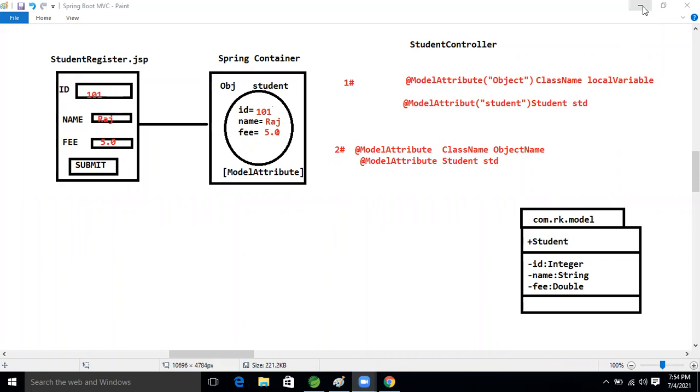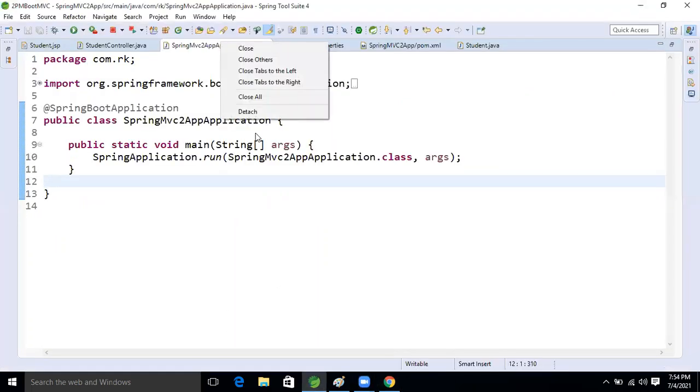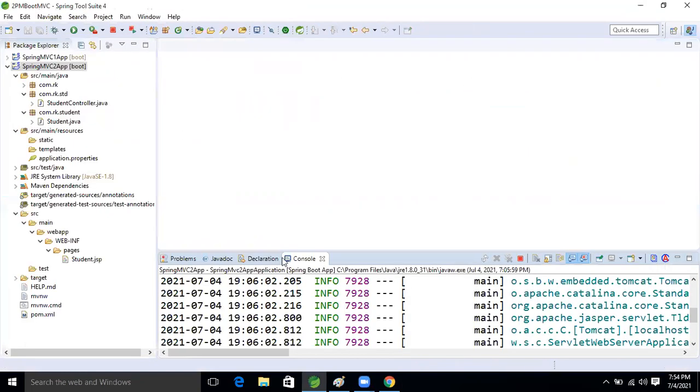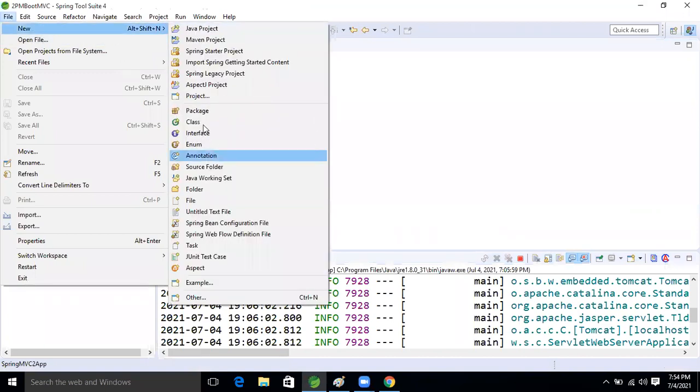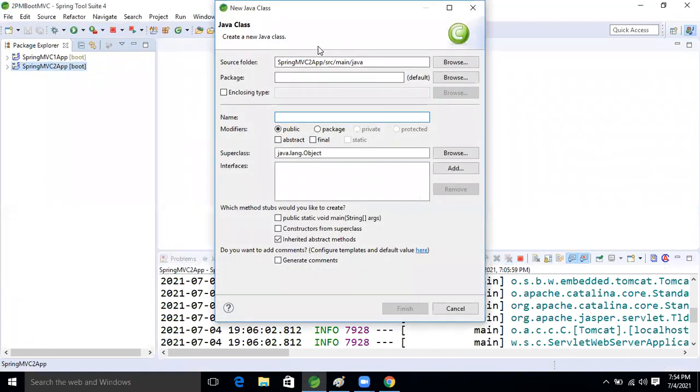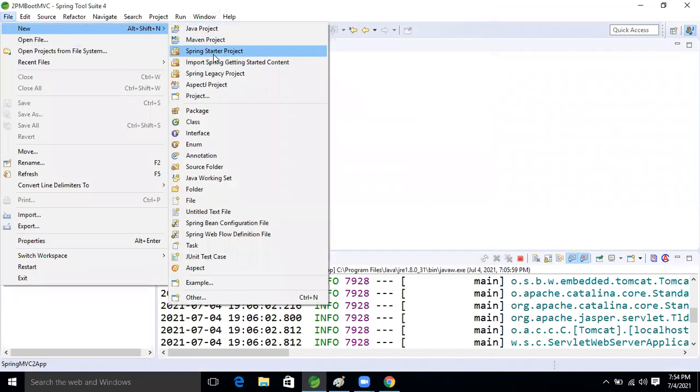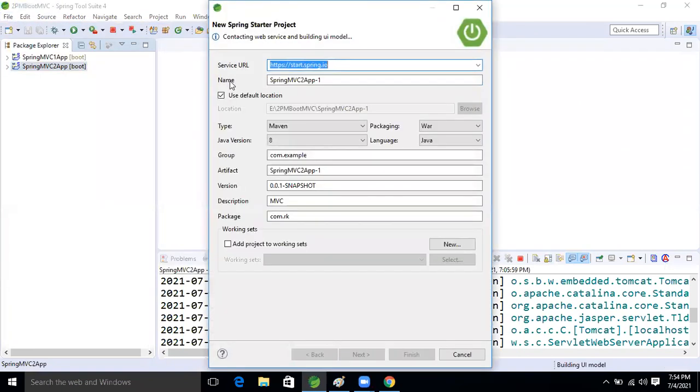So let's create one application now, guys. This is the third application. File, new, Spring Starter project.